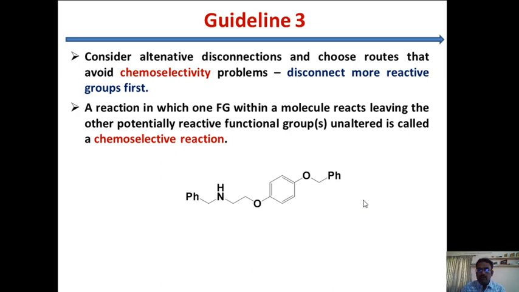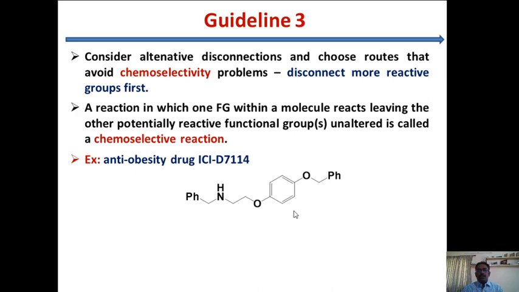You look at them one by one, but according to guideline number 1, we usually don't choose these 2 bonds because they are connected to the aryl part. We don't disconnect a heteroatom connected to the aryl part; we choose only the alkyl part. So automatically we eliminate these 2 choices, and we are left with these 4. I will see them one by one.